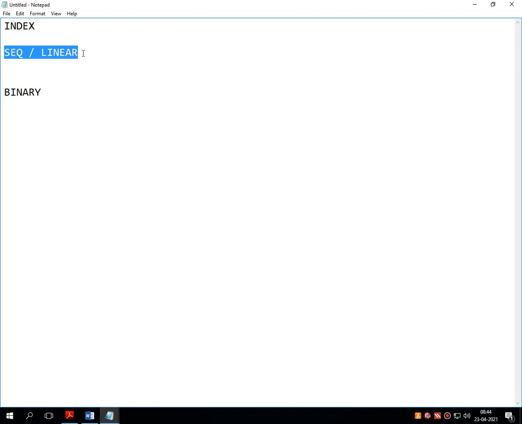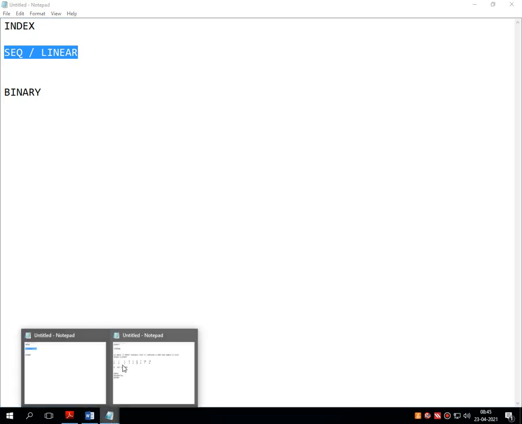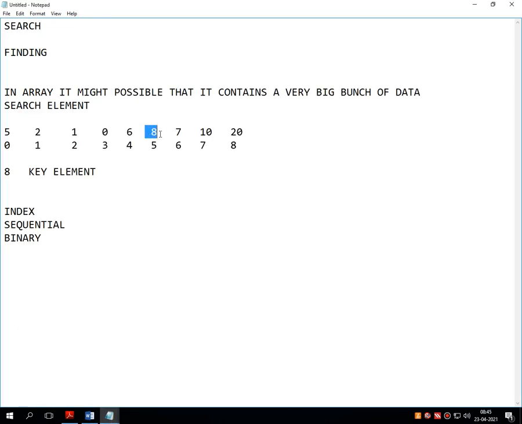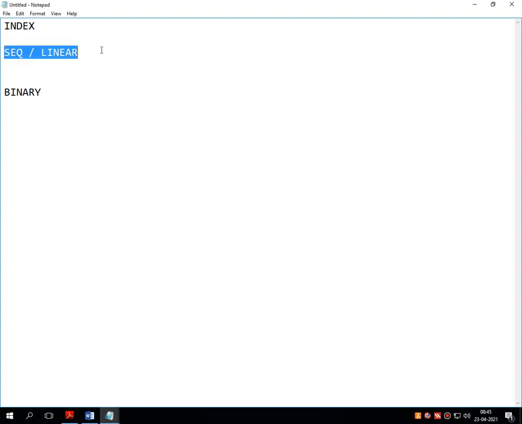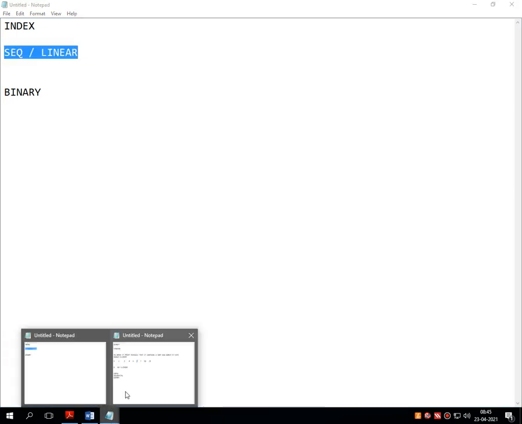Instead of retrieving the location of the successfully searched element, if we retrieve the value itself onto the screen, that is called sequential search or linear search.